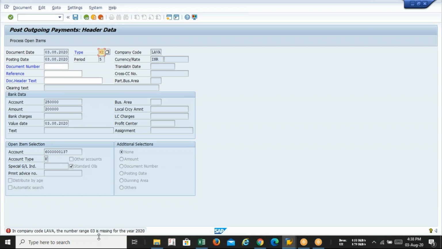OBA7. Okay, so KZ is the vendor payment. You can see document type is KZ. Can anyone tell me what is the default number range for KZ? I have shared a picture in your WhatsApp group. There, in that picture, you will get all kinds of document types and number ranges. Just tell me the default number range for KZ. 03 is not for the KZ. Someone else has changed it. 03 is not for the KZ. How much? 15? 16? Just check it from the WhatsApp group.